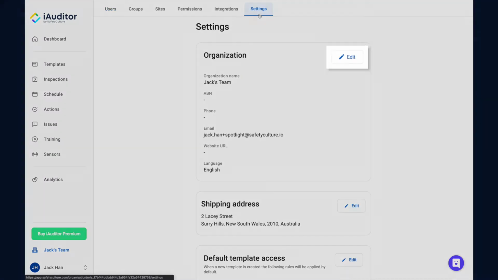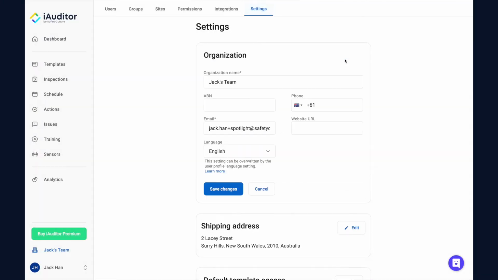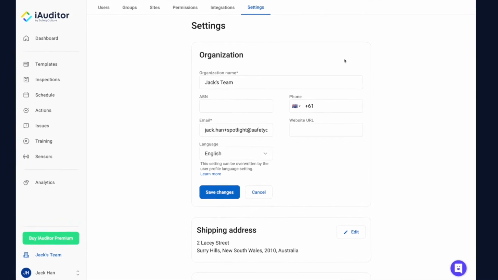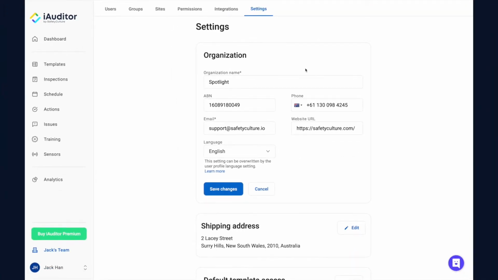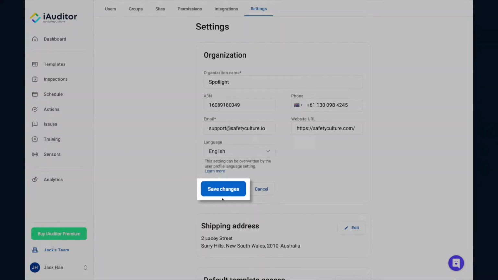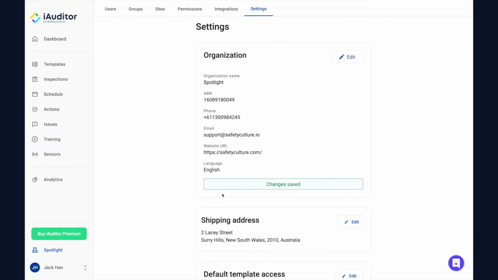Click Edit in the Organization box, where you can update your organization's name, Australian business number if you're based in Australia, phone number, email, website URL, as well as the language setting for your organization. Once you're ready, click Save Changes. Keep in mind that these details are visible to all users in your organization.